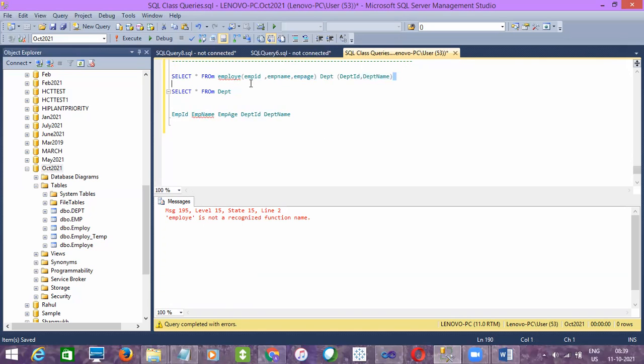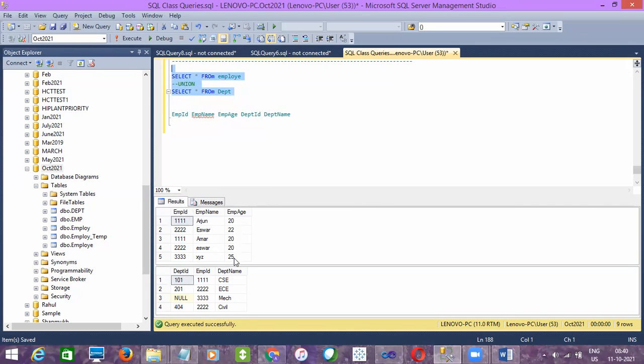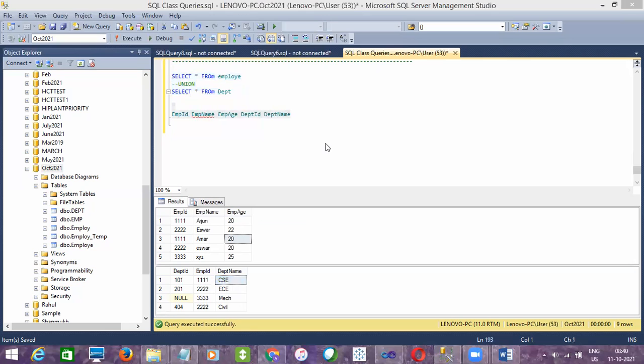See, it will not work. Either you would have said maybe union. By using union, maybe we can fetch a result set, but there are conversion issues because of data types. When you do union, the two tables' columns' data types should be the same. Here it is integer and here it is varchar, so this is mismatching. And even if you combine, the result set will not be like this. It will be a combination: only these columns will be there, but values will be from both. Not the result set this way.